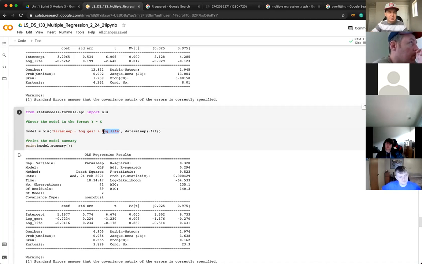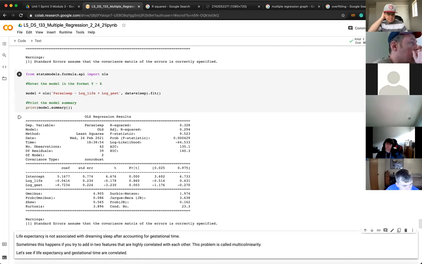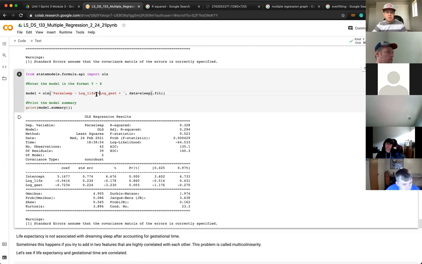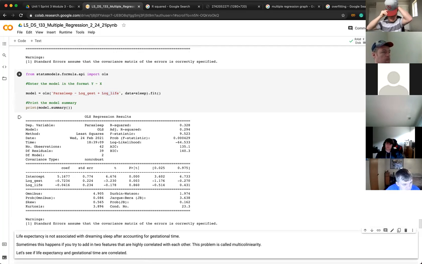And in fact, let's try something here. Let's reverse the order of them. Okay. Same thing, same exact stuff, right? So the order here doesn't matter a ton. Typically, we want to put the variable we're most interested in listed first, okay? But the order didn't determine it. It was that the log of the lifespan